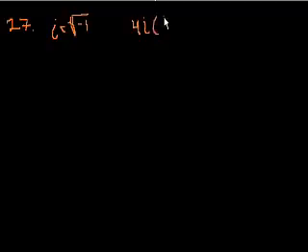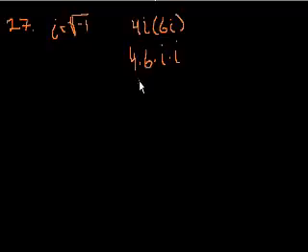We're on problem 27, and they tell us if i is equal to the square root of minus 1, then what is 4i times 6i? Well, multiplication's associative. You can switch the order around. So this is the same thing as 4 times 6 times i, or the same thing as 24 times i